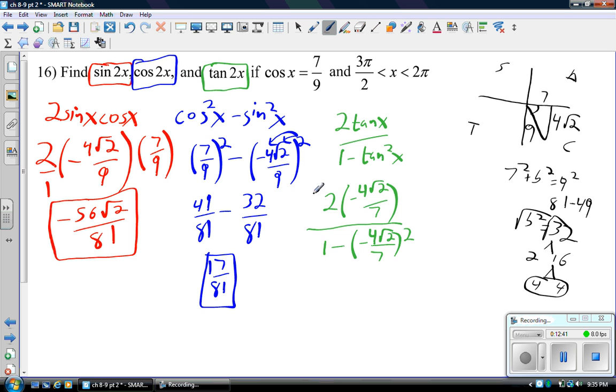Tangent squared. Alright, so I've got a lot of cleaning up to do here, but this will become negative 8 root 2 over 7. Okay, down here, let me do some side work. I know I'm going to have a denominator of 49 here, so this is 49 over 49. I'm just getting some common denominators. Okay, so this, just down here, is going to become that minus, again, squaring the negative, but there's still a minus out in front. So this again becomes 16 times 2, so 32,